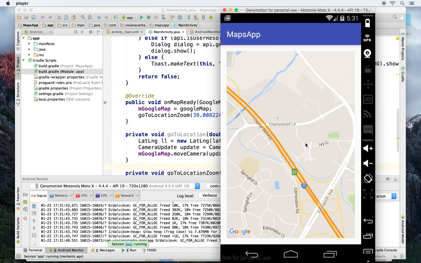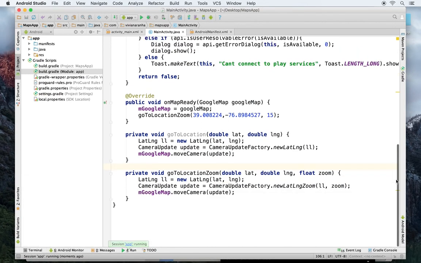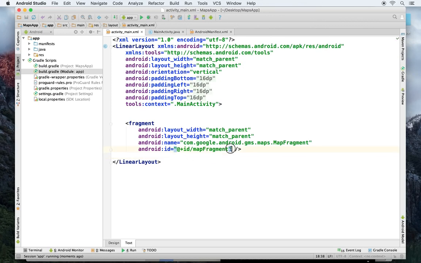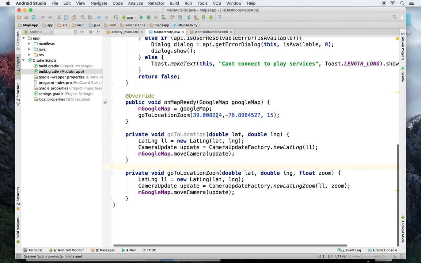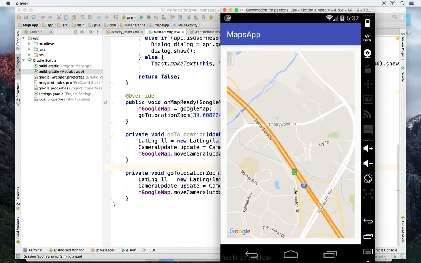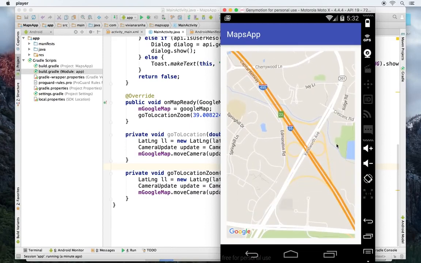You can zoom in and zoom out using your zoom parameter, or you can set different options inside your map activity to display zoom controls or compasses and a bunch of other options that you can add. So that's how you create a simple map using maps location. This is the first video that I wanted to do, where you do a basic setup of the maps and display a particular location to the user, and how to do it. Just a quick video on this. So that's that, and then we'll do a little